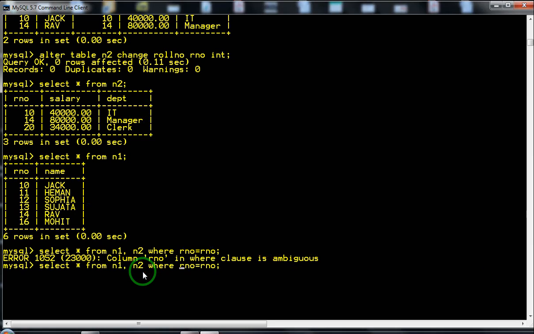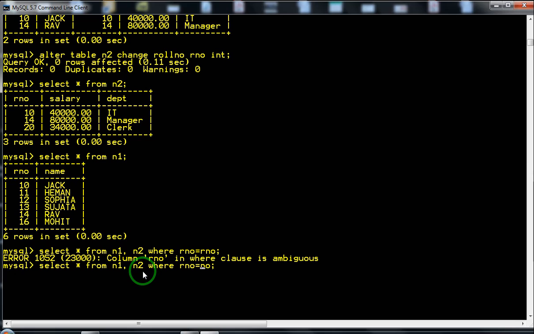So I have to use the name of the table first, n1, or you can write n2 over here also, and n2 dot roll number equals n1 dot roll number. You have to do this if the name of the column that you want to compare between two or multiple tables is the same. If they are different, then you need not give the name of the table. Just specify the name of the field, and it will compare. It will do the equijoin.